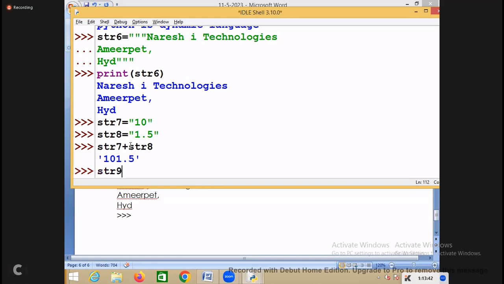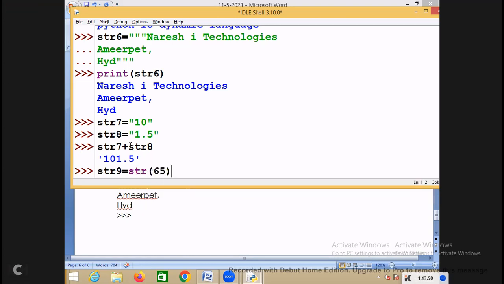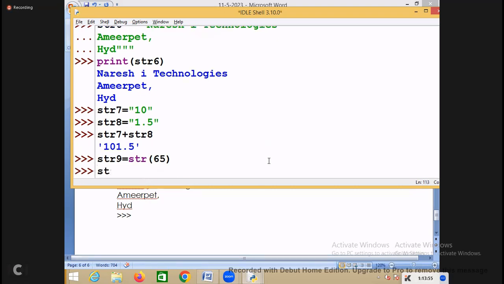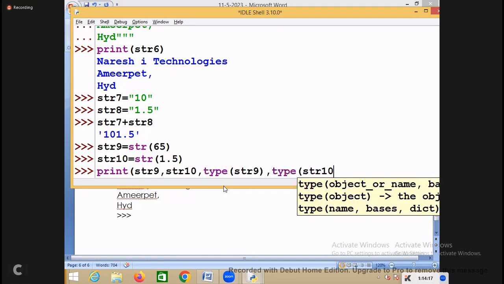Now you can also convert. Which type of number? Suppose 65 is there. What is 65? Integer. I'm converting an integer to what here? String. str10 equal to str of 1.5. So 1.5 is what here? Float. And you are converting this float to what here? String. Now if you try to print str9 and str10 and type of str9 and type of str10, so it